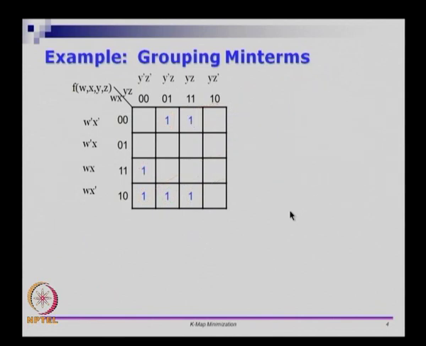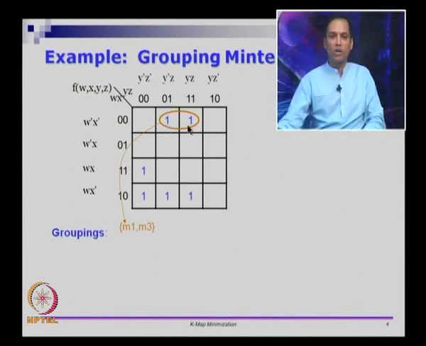Now, let us look at grouping 2 terms at a time. You look at these 2 things, these 2 ones are adjacent to each other, because visually they are adjacent to each other. So, this is the term corresponding to M1, this is the term corresponding to M3, right. M1 and M3 being adjacent to each other can be combined together. M1 and M3 differ only in the third bit, namely for this y. So, y is 0 in this column and y is 1 in this column, right. So, when you combine them you get M1 M3,